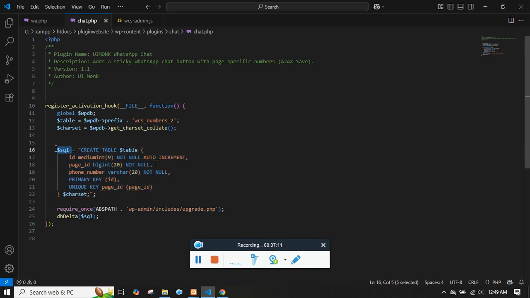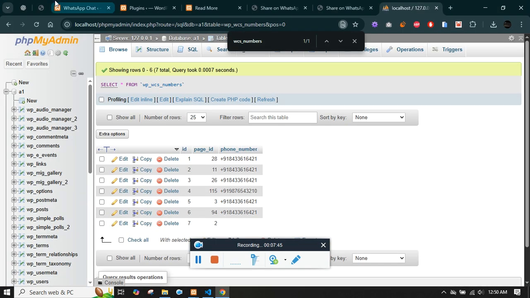Now what we need to do is run this SQL. To run this SQL, WordPress gives you a default inbuilt function, which is dbDelta. dbDelta is defined in this particular path, so we need to include this file to initialize dbDelta. If you don't have this file, dbDelta will not work. Since we are creating a custom table, dbDelta is the function that we need to run. If we use an existing database table, we would be using wp_query. So that's the difference. I'm passing the SQL, and once it gets activated,